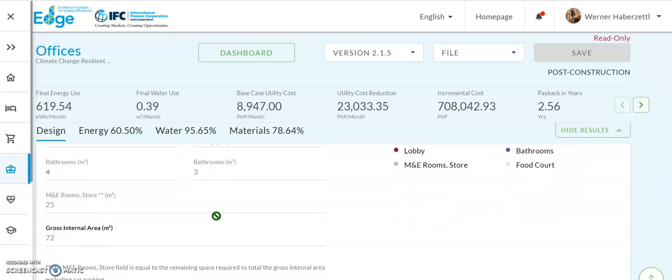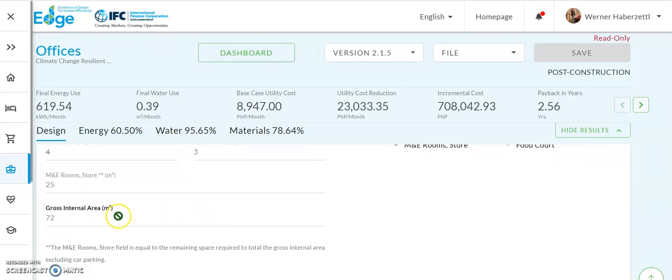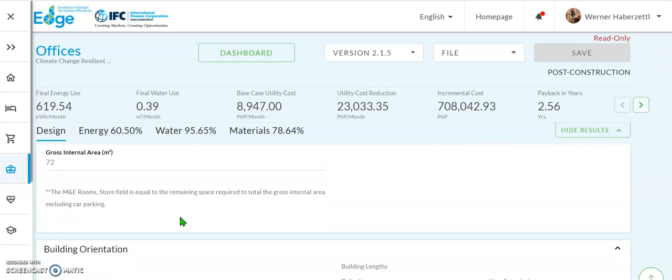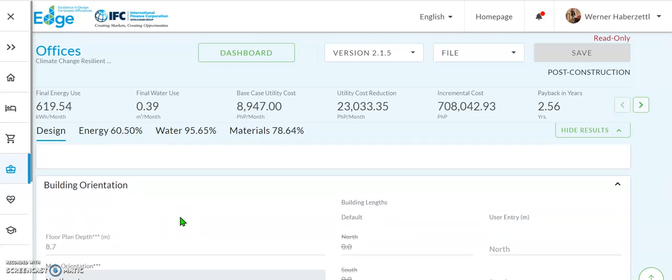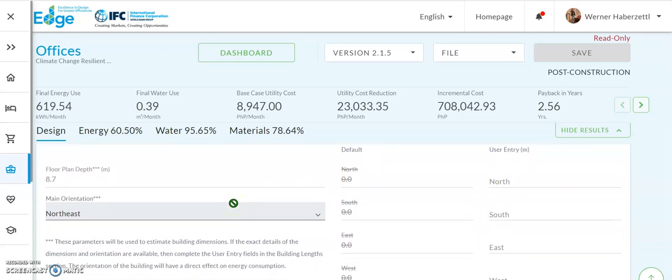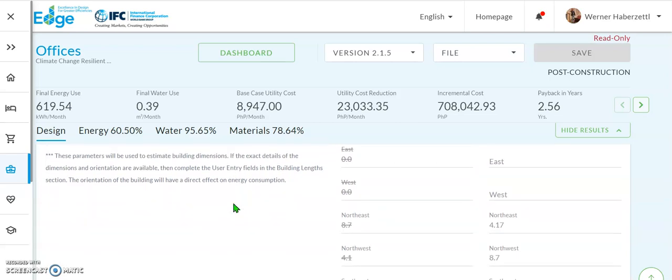Bathrooms, and here in square meters. Okay, and then in total it should come up with a gross internal area of 72 square meters, which is the one for the Philippines. Of course, ours will be different. These will be just filled in later on when we are on the energy side. This is the orientation and the window wall ratio